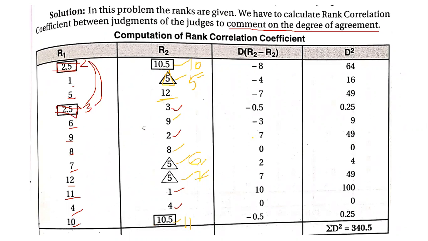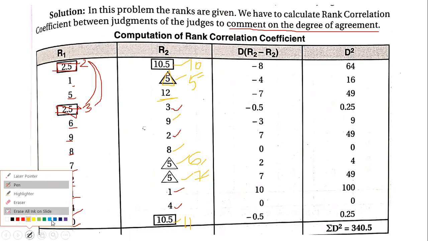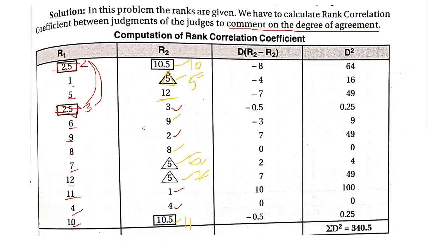Okay, now if you see on the whole problem, in both X and Y included everywhere, you can see 2.5. Okay, so this is one repetition. This is repetition number 1. Then you can see 5 repeated 3 times. So this is repetition number 2. And then you have 10.5 repeated 2 times. This is repetition number 3. So we have 3 repeated numbers. One is 2.5, one is 5, another one is 10.5. Okay, clear until here? Any doubts?